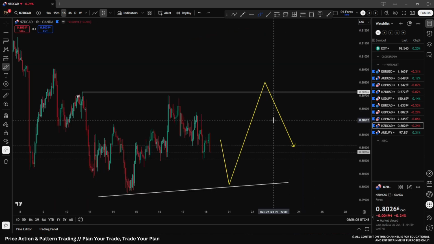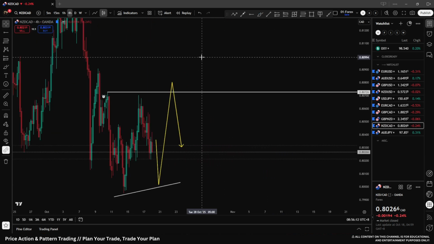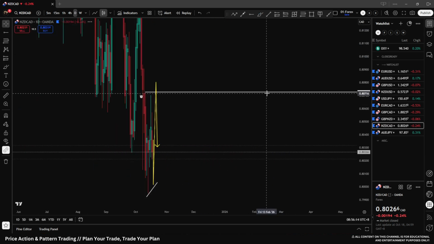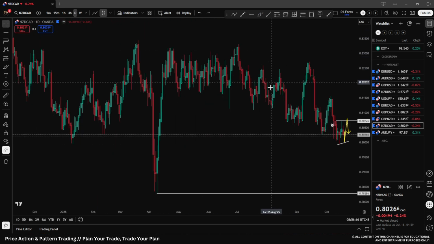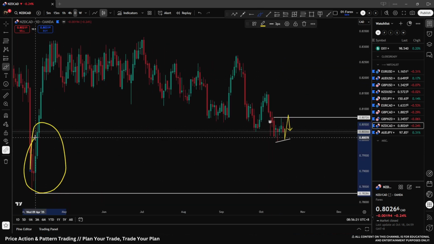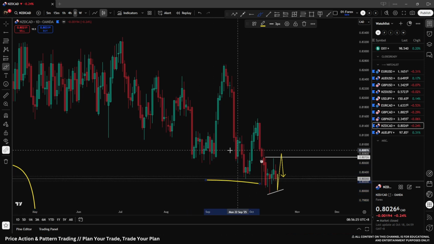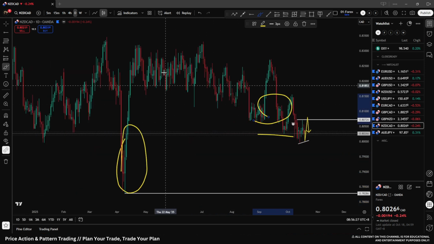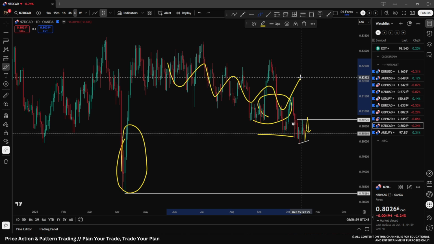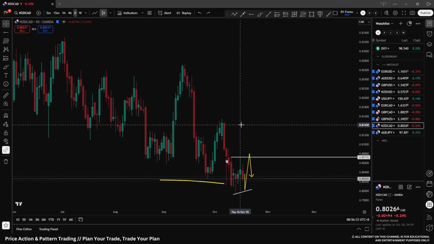New Zealand dollar Canadian on the 4-hour time frame here, I'm looking for a short continuation. Let's go to the daily first to see where we are positioned in the bigger picture. We can see here as well, we have nothing on the left to worry about. We are trading through price from this previous piece of price action. We had a very corrective squeeze here. So therefore we have to see very clear price action confirmation before we enter a trade.